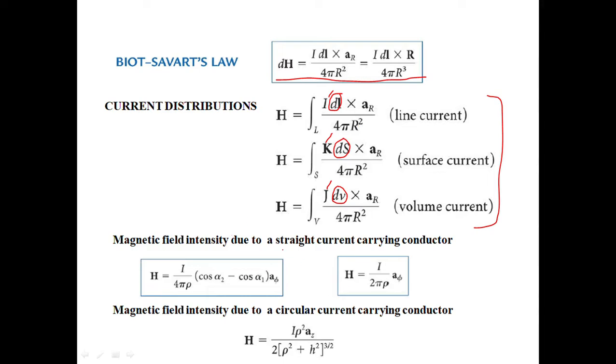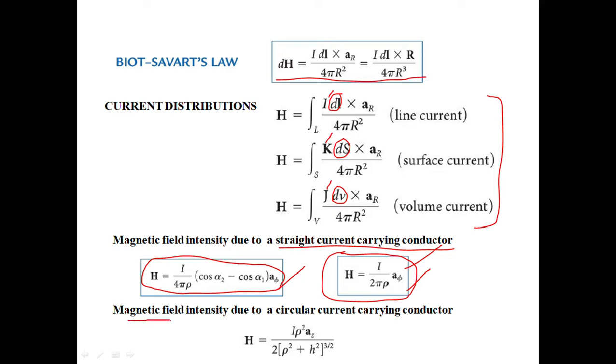Then we discussed what the magnetic field intensity H vector is due to a straight current carrying conductor. This is for the finite length, and this is for infinite length. So we had solved one problem based on this. I had given it to you as homework, and I've given the solutions also for that. And this one is for infinite line charge. So in that one problem, the first subdivision was from minus infinity to plus infinity, so we used that formula.